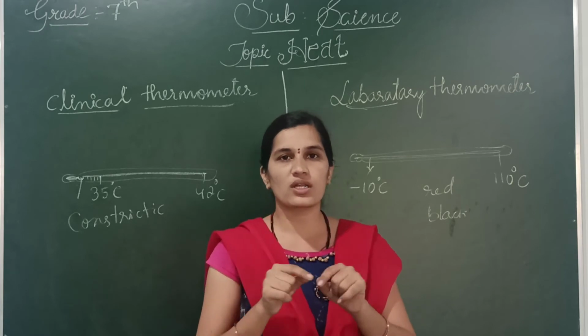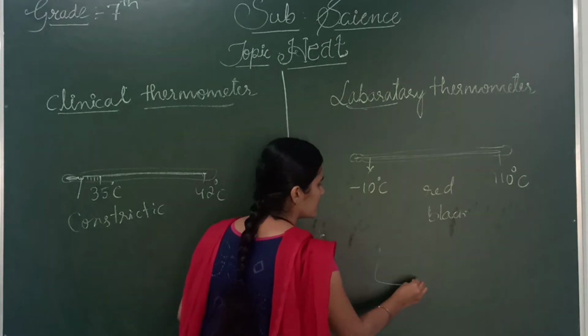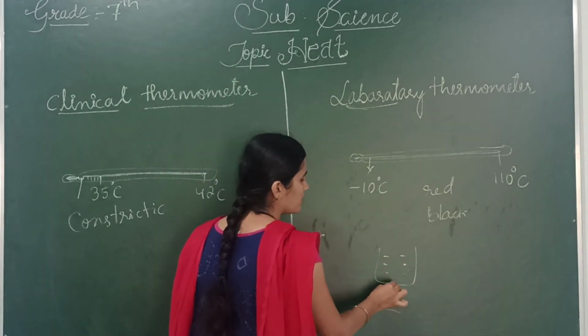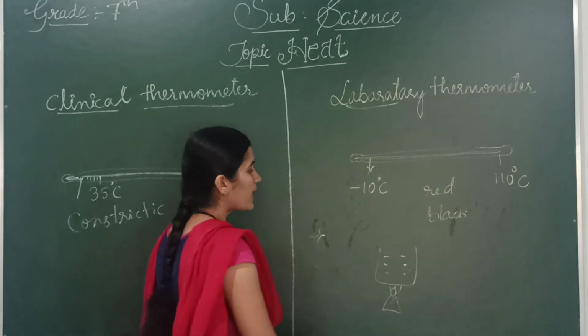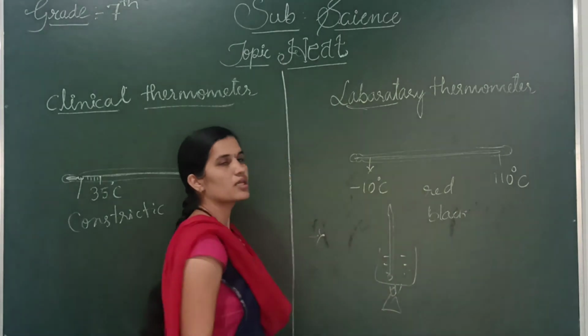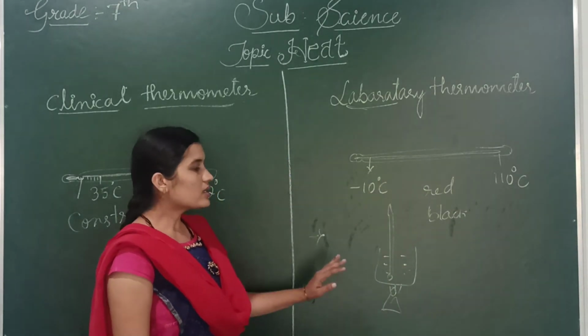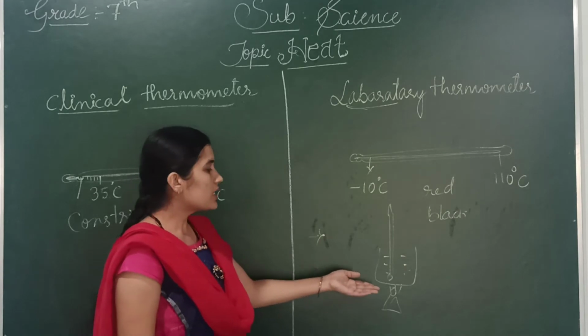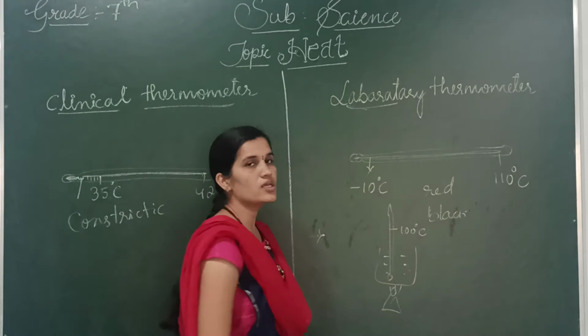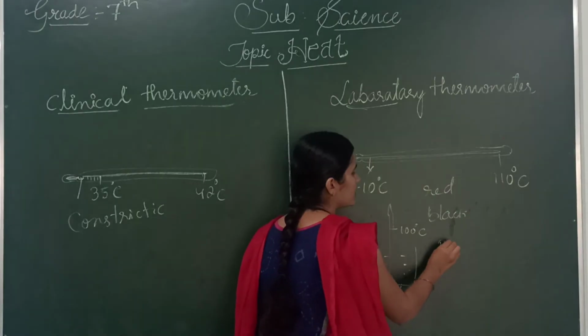We take water in a beaker, and we boil it by using a burner. And in that we immerse the laboratory thermometer, and at a certain time it starts boiling and it shows 100 degrees Celsius, because the boiling point of water is